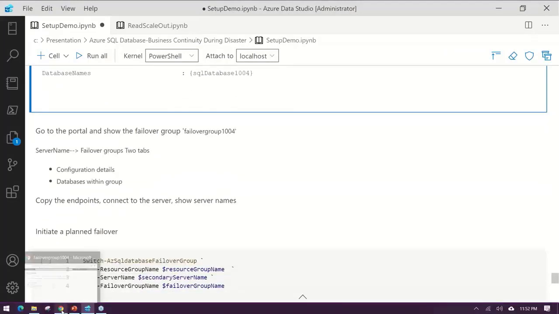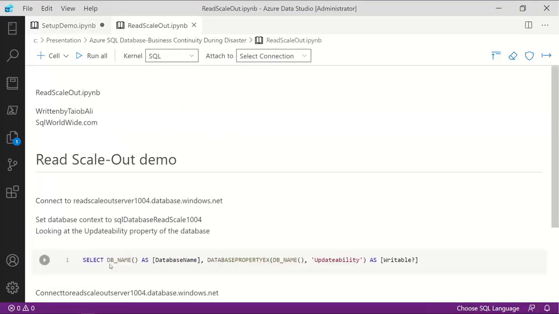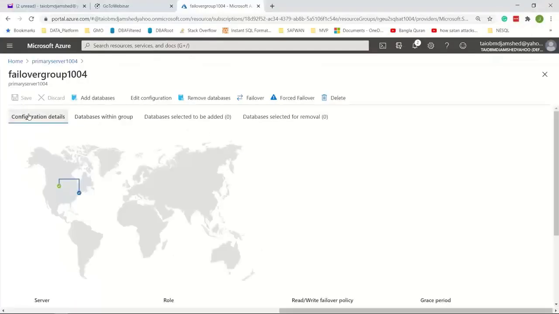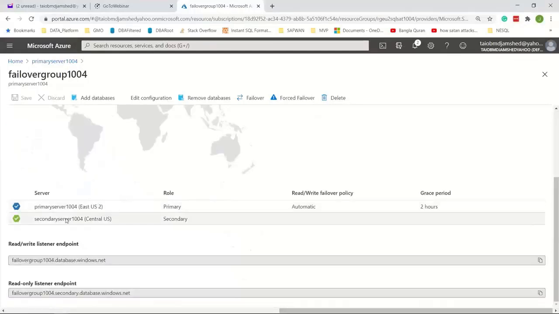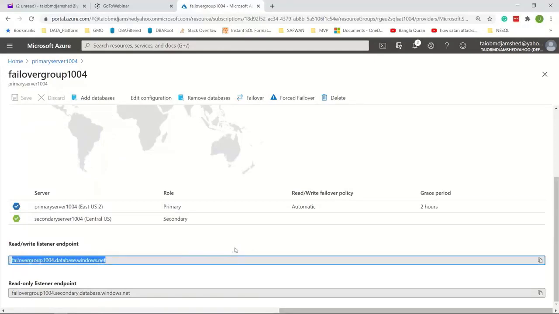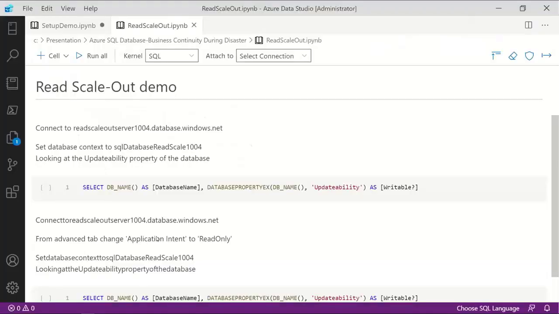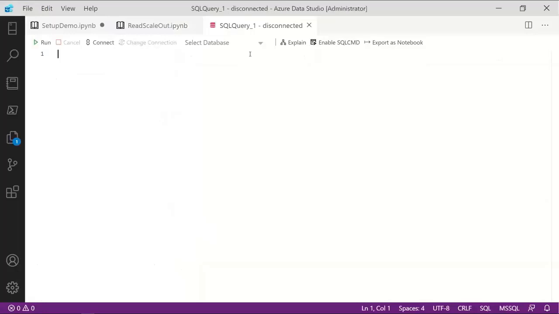Now, if I go and take these endpoints, right? We saw those. These automatically get created. So let's use this and see what server it's pointing to. And as I told you a few times, I do not have to change the connection string. So the first one, I took that. So let's open a new query